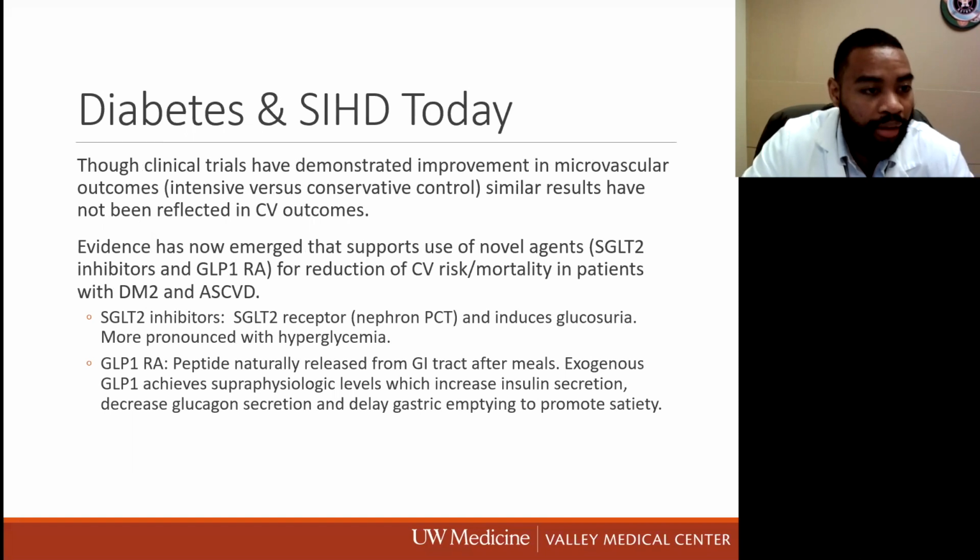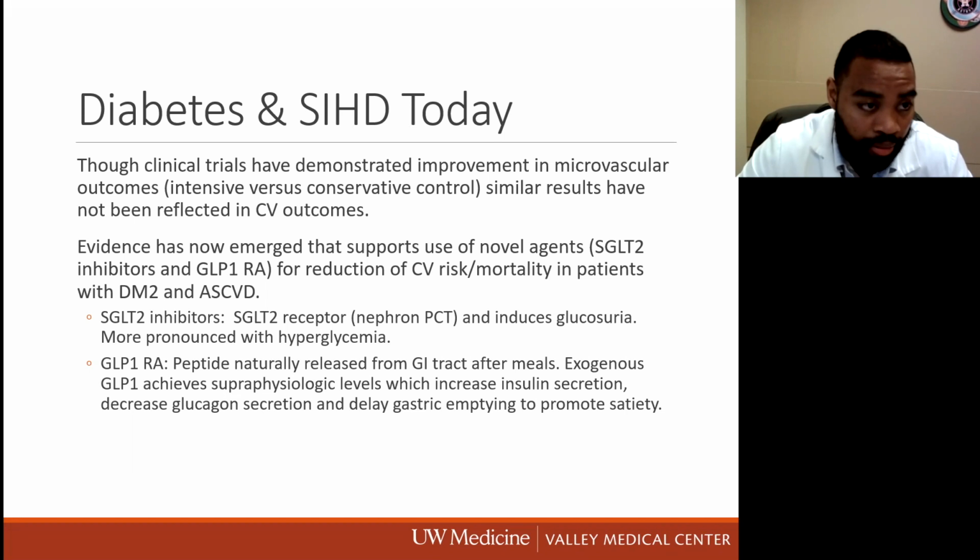So in terms of diabetes and stable ischemic heart disease today, we've seen increasing evidence that diabetes obviously is a very prominent risk factor for stable ischemic heart disease. And at this point in time, it's becoming harder to appreciate that we can control stable ischemic heart disease if we don't concomitantly control diabetes. So the diabetes also has to be managed very aggressively in order for these patients to have